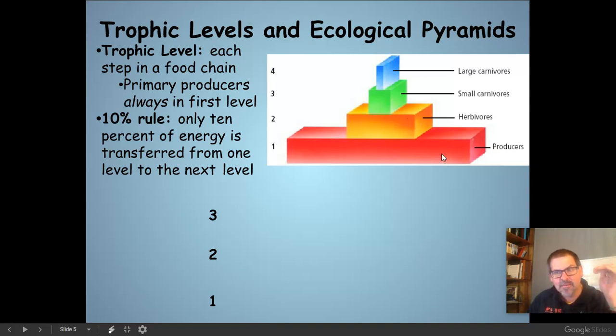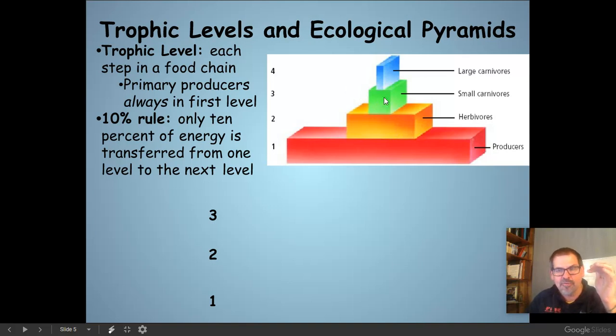These are the organisms that eat the plants. They're called herbivores, right? These are our grass and plant-eating animals. 90% of the energy that is trapped in these producers does not transfer into the tissues here in these herbivores. Only 10% of the energy trapped in the chemical bonds here ends up as chemical bonds here. So much of that energy is used, or it's lost in the form of heat. So of all the calories that are here, only 10% transfer to this level.